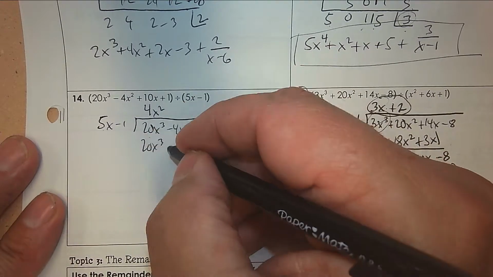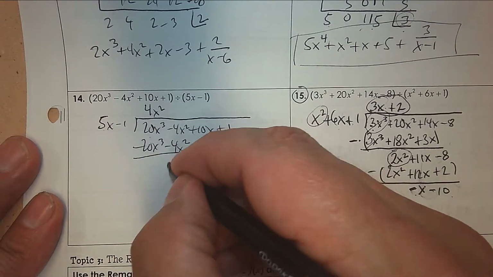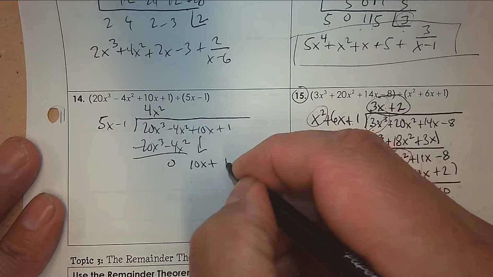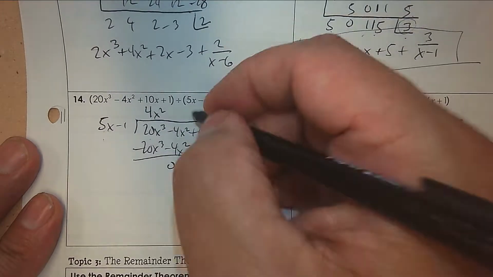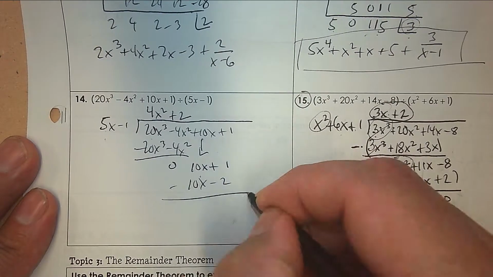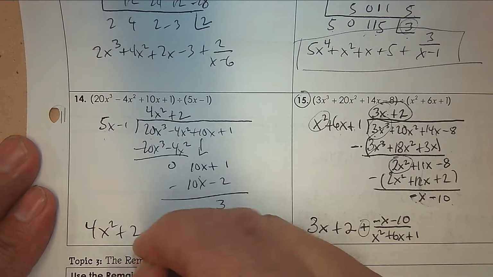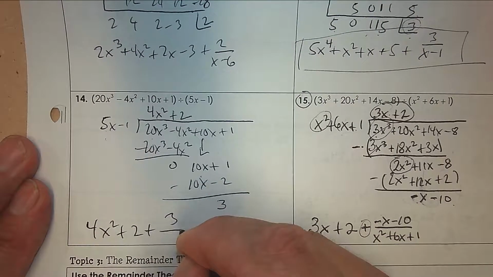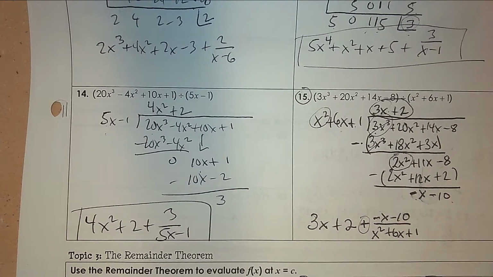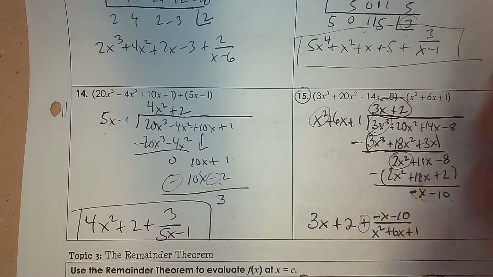And then negative 4x squared. So there's no remainder. So I'm going to bring down what's left, which is 10x plus 1. So 10x divided by 5x is 2. And then the remainder is 3. So we're going to write our answer as 4x squared plus 2, and then the remainder as a fraction over the divisor. Make sure that when you subtract a negative, you're really adding, so that's why it's 3. All right,